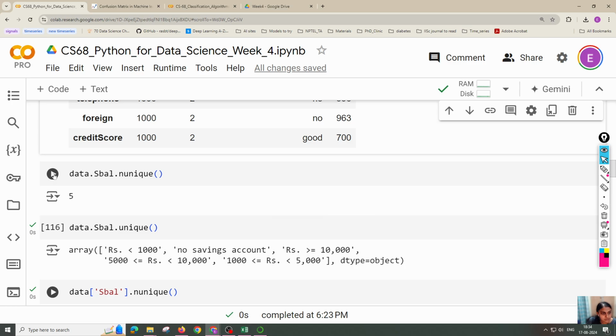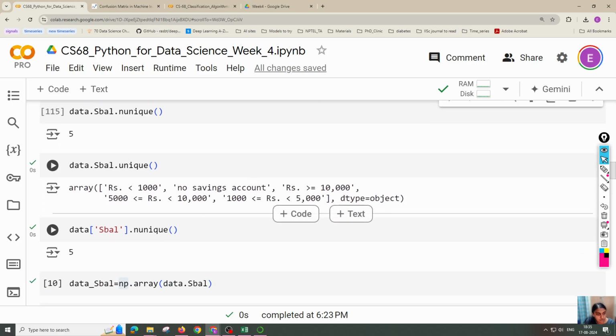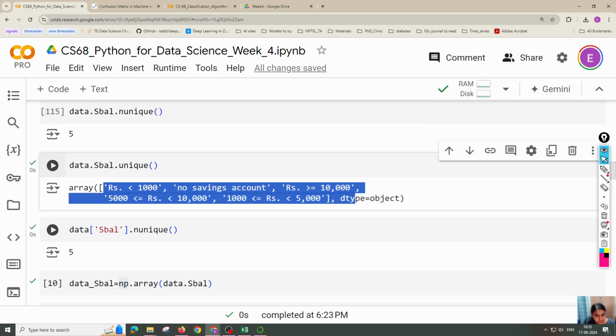So the same thing, if you want to find out the number of unique elements or unique features in that, you can use sbal.nunique for the numbers, and sbal.unique for finding the unique categories in that particular column. Okay, so sbal is the column, data frame is data. So data frame,